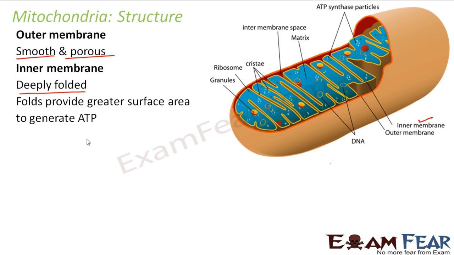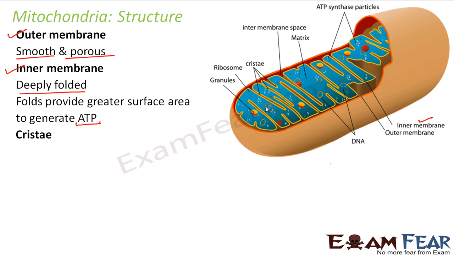What is ATP? ATP is adenosine triphosphate. So these ATP molecules are the ones which are being used as energy. These adenosine triphosphate molecules are nothing but energy. So energy is produced in the form of these ATP molecules, right? And this energy is produced by mitochondria. So that is the main function of mitochondria. That is how the structure of mitochondria helps in its production of ATP molecules. Outer membrane is smooth but inner membrane is deeply folded. Because of these folds, it has got greater surface area, so it can generate greater number of ATP molecules.